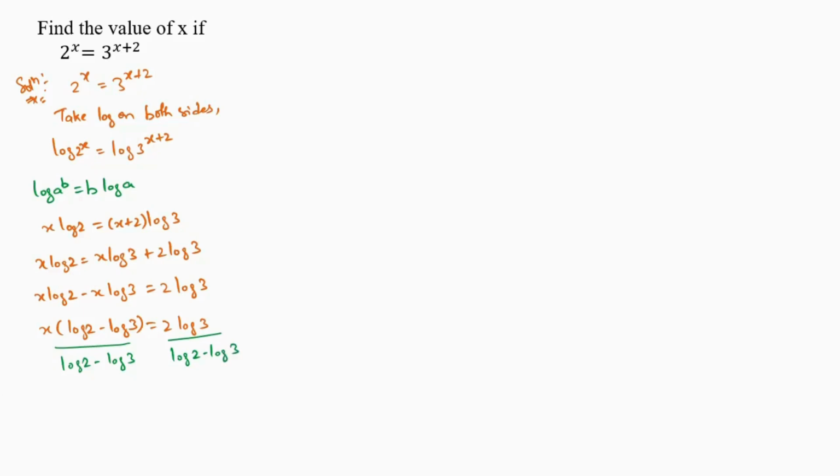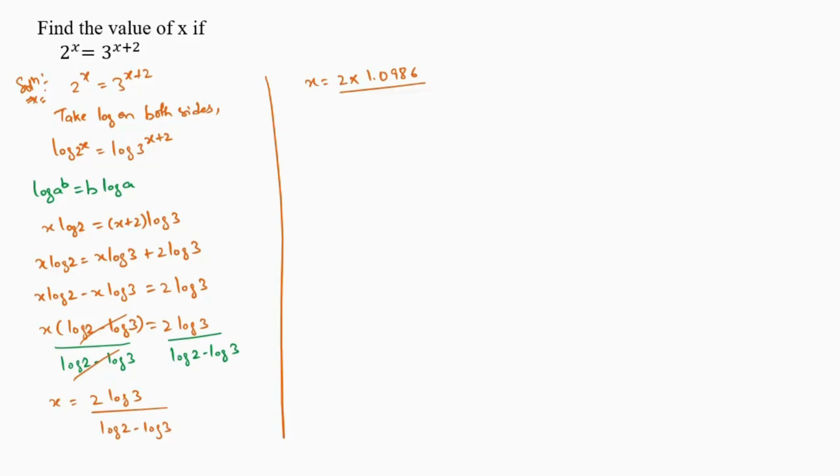So log 2 minus log 3 will get cancelled out from the left hand side. We get x equals 2 times log 3 divided by log 2 minus log 3. Now substitute the respective values of log. We get x equals 2 times 1.0986 divided by 0.693 minus 1.0986, and on solving this we get